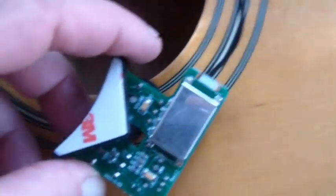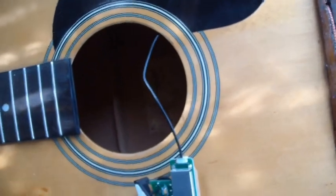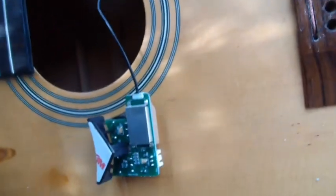And I'm going to have to put this unit in. You have a two-sided tape there, and you hang it there and get it going. And now I have to plug in the battery pack and the cord for the corner. I'm going to run a wire down through the guitar. I'm going to run it down from the pack here and run it around the corner and down here to the corner